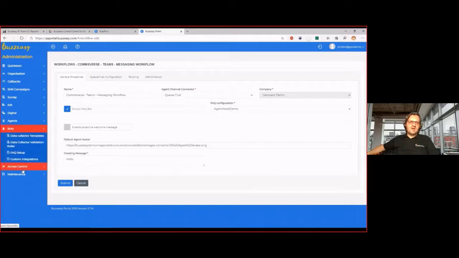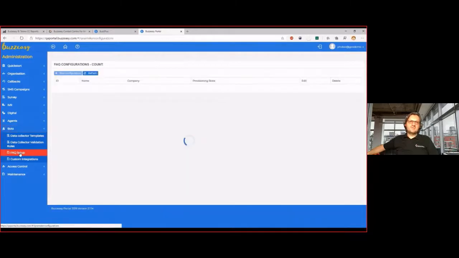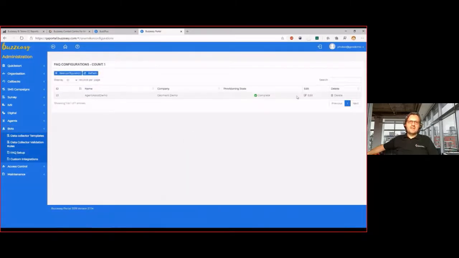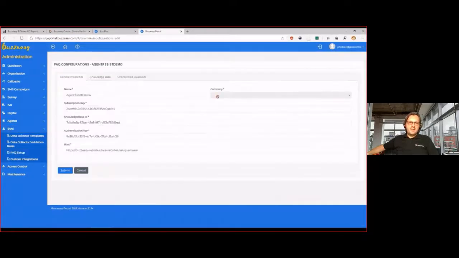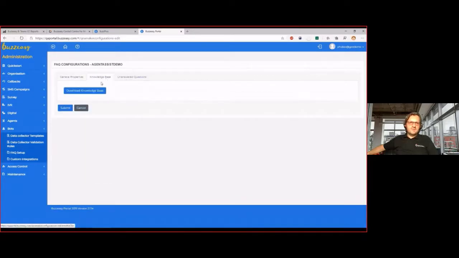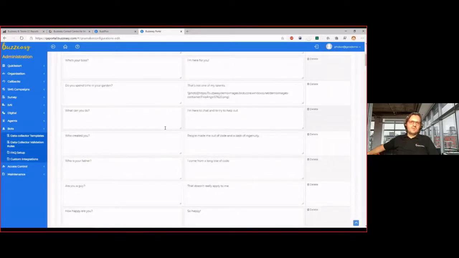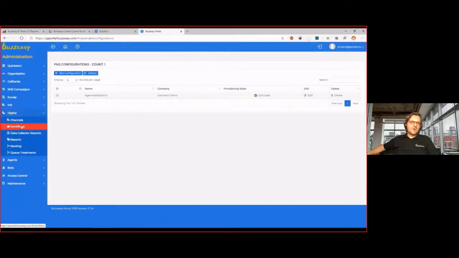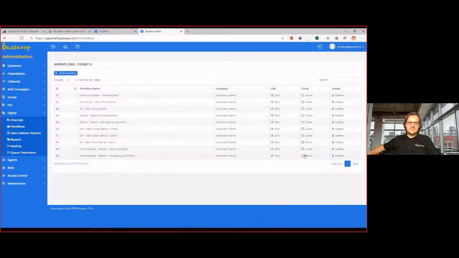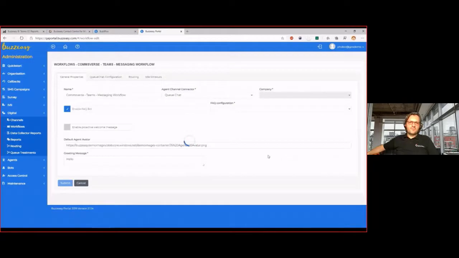Because as said, we are using the Q&A Maker, but you don't need to go to the Q&A Maker because we provide a user interface to configure that as well. So if you come here and go to the Q&A Maker, basically what we do here is download the configuration through the API, and all those Q&As are configurable through our user interface as well. So let me go back to the workflow where we were.